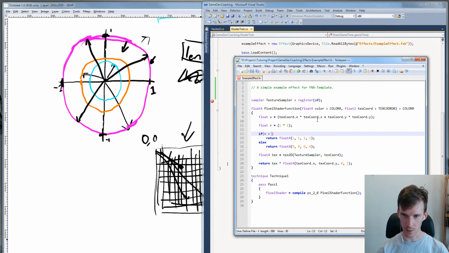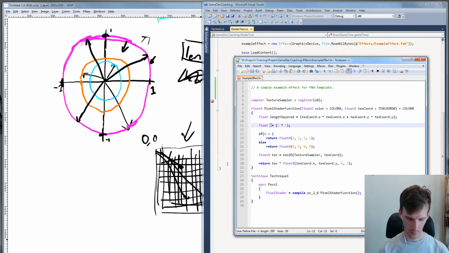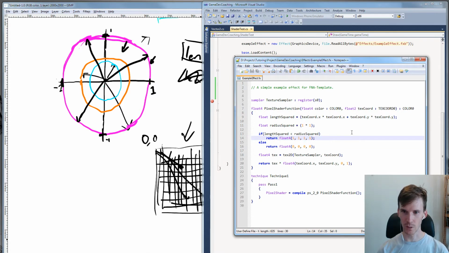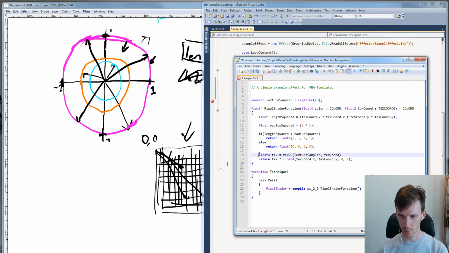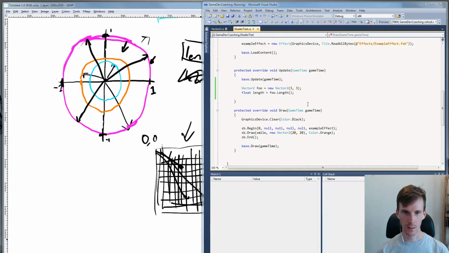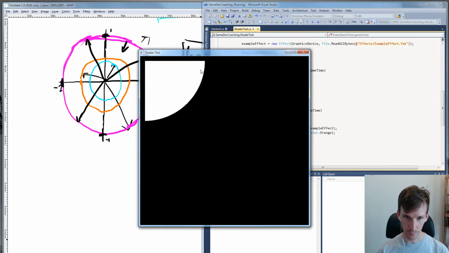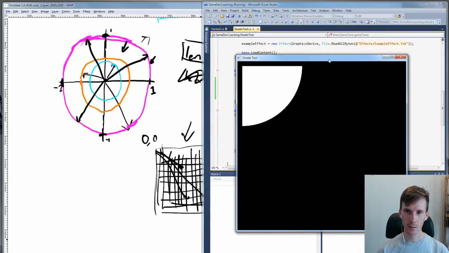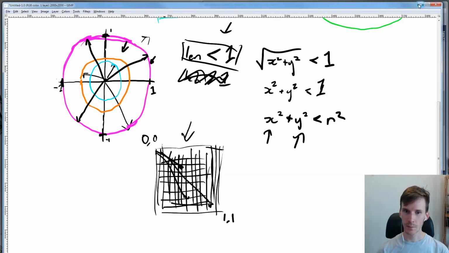I think I might rename that here. Yeah, so you can see that I'm sort of considering my variable names, which is obviously important to make sure that it helps to name things properly, because v is a bit ambiguous, and calling it r would have been a bit ambiguous, whereas radius squared or even r squared would have made a lot more sense. Anyway, so this is the little formula that we have, which is, if it's less than, we're going to be white, and if it's greater than, we're going to be transparent, and obviously transparent on our black background. And we draw a quarter circle.